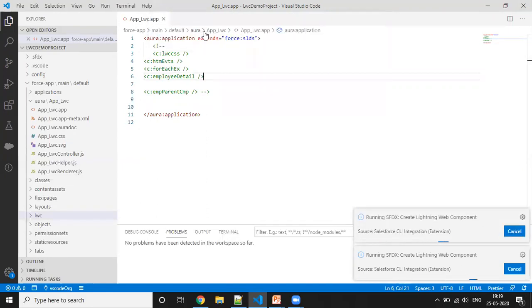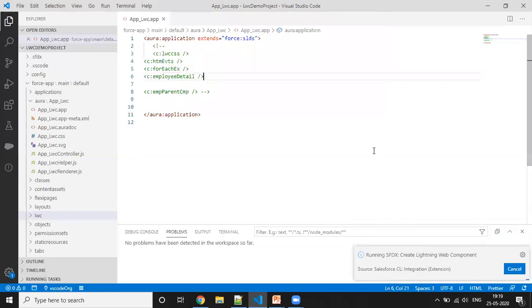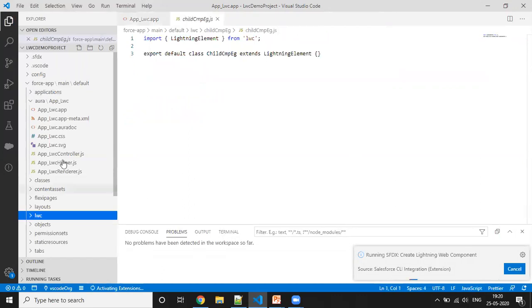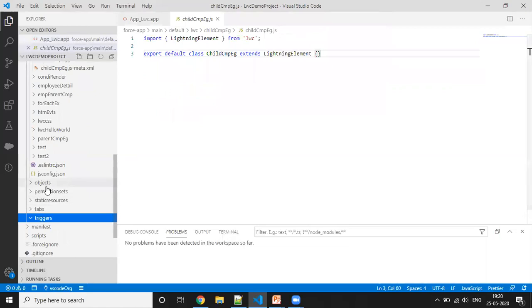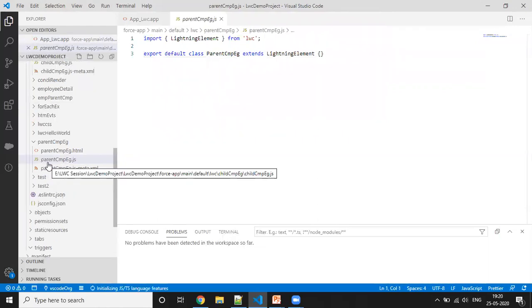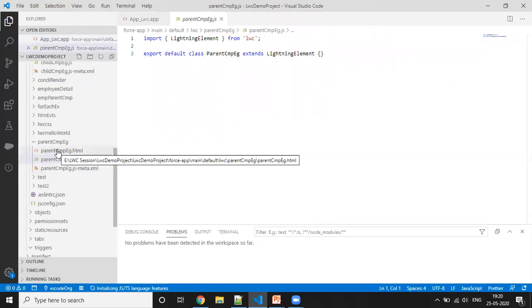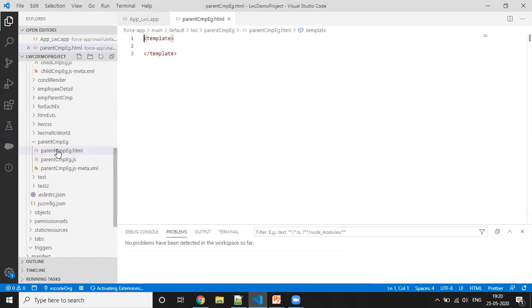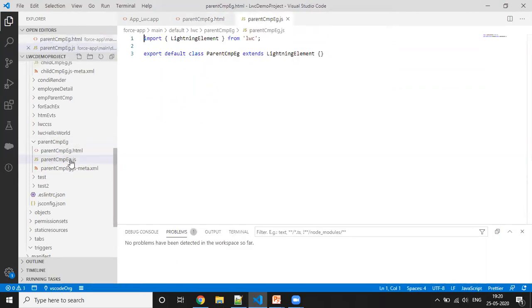While it is getting created, okay, we got this child component here, and I'm opening it.